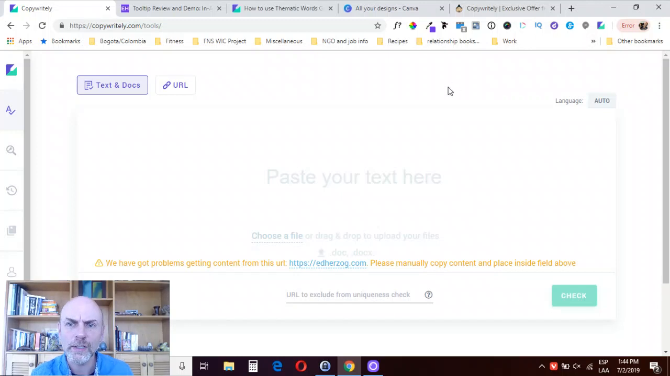So I'm logged in here into the dashboard, and right here along the left-hand side you can see you've got a check content tool. There's a SERP keyword research tool. Here you can see your history, and here you can see your keywords unique identifier. So we're going to go through these one by one, but first I want to let you know about an